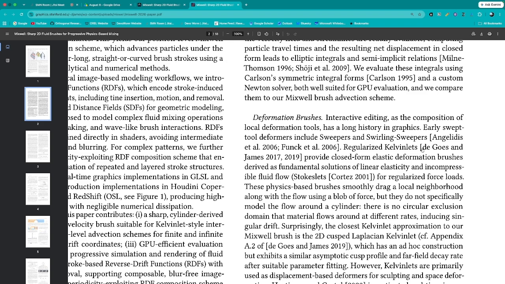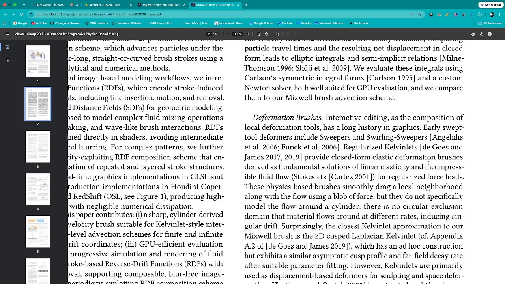Regularized Kelvinlets in particular provide closed-form elastic deformation brushes derived as fundamental solutions of linear elasticity and incompressible fluid flow. So there are Kelvinlets, there are Stokeslets, and other things. When you talk about Stokes flows and things like that, those are related to Stokeslets. Kelvinlets are related to